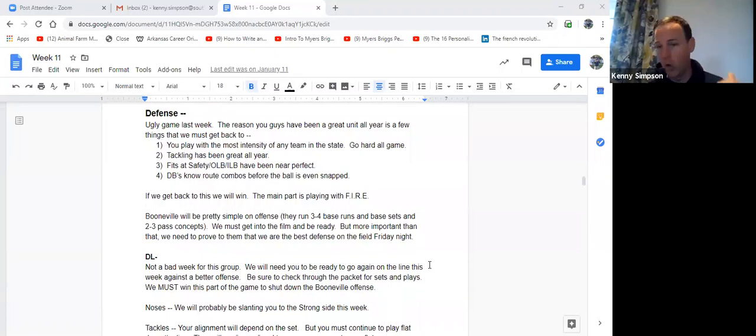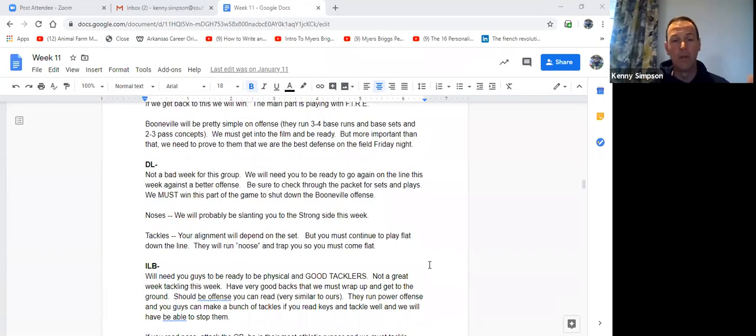Defense, it'll talk about overall goals. We didn't play well the week before this one. Then it talks about who we're getting ready to play and what they're going to do. Same thing with the defensive line. Put in a little bit for them, just a little bit. Now they're getting a lot more from their position coach. We try to keep it as short as we can.